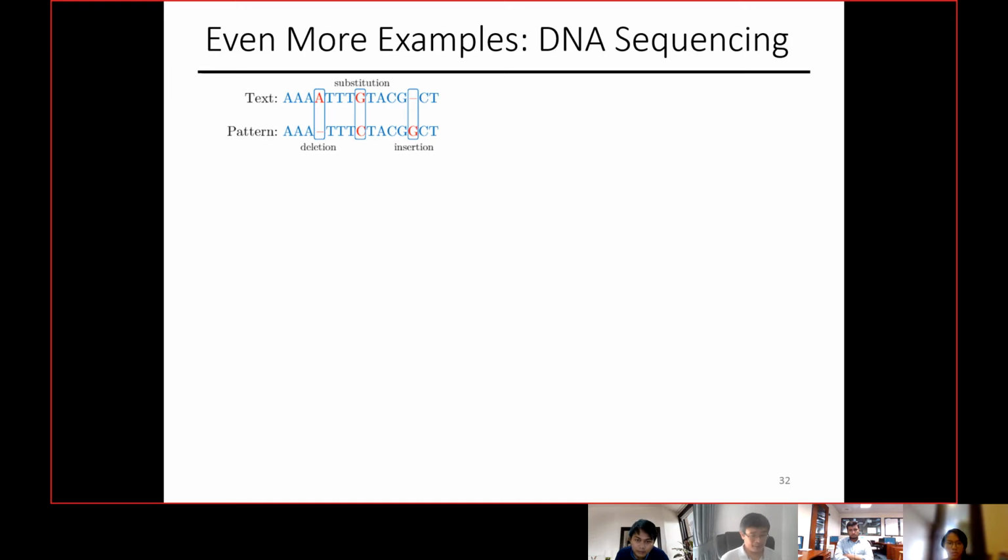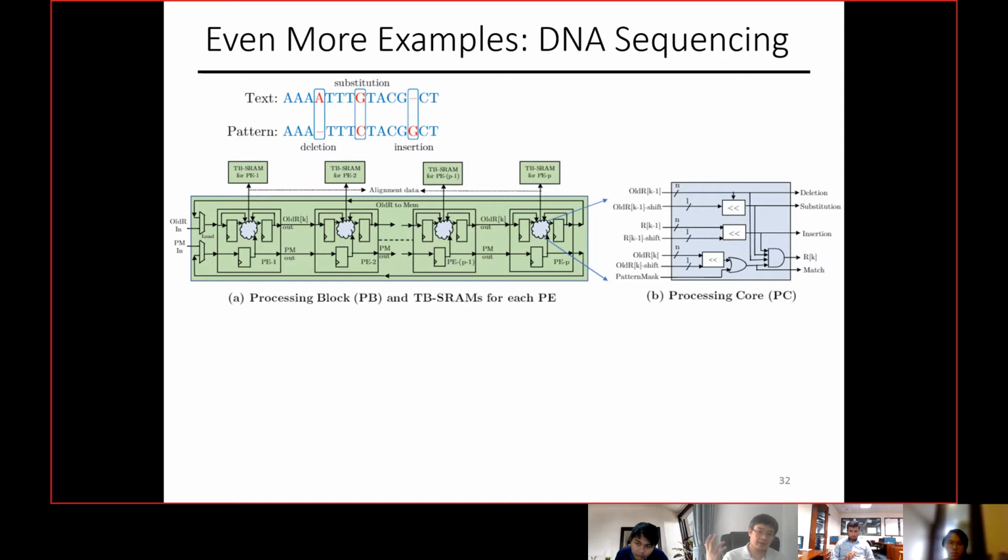COVID, for example, we don't even know why some of the people that got COVID have severe reactions, and why some people got COVID and almost have no symptoms, right? This is because we are different. Humans are different. So if we can sequence DNA really, really quickly, it means that people can afford to actually get better treatment. So here's a design that's all done in hardware to actually make sure that